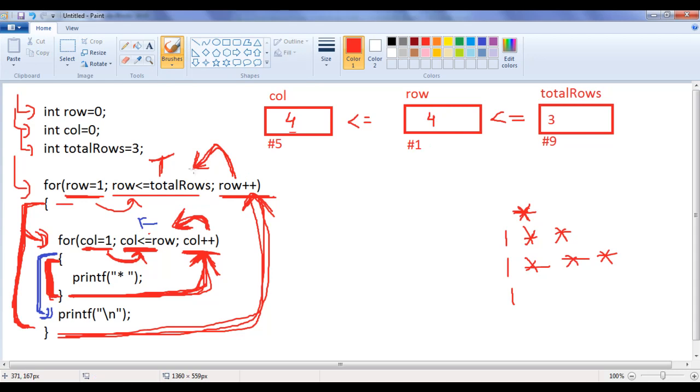Then it goes to the condition part of the outer for loop, checks the condition whether row is less than or equal to total rows. 4 less than 3 is false because 4 is greater than 3. 4 equal to 3 is also false because 4 is not equal to 3. As both conditions evaluate to false, the result will be false guys. As this condition evaluates to false, the outer for loop is terminated. You can see that we have successfully displayed stars in a triangle shape. I hope you guys have clearly understood.